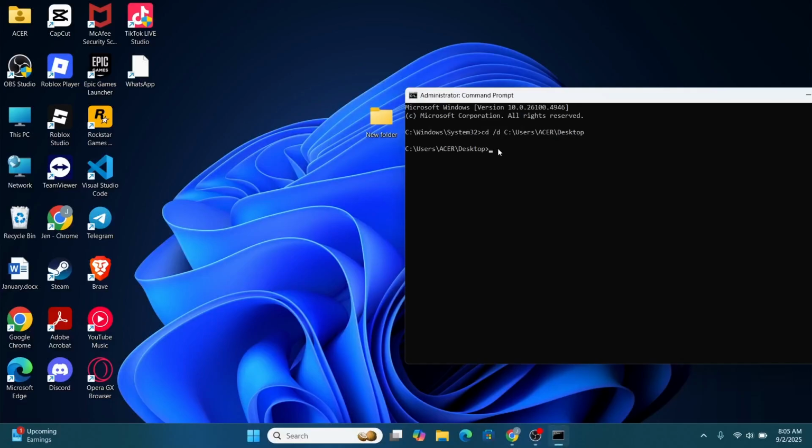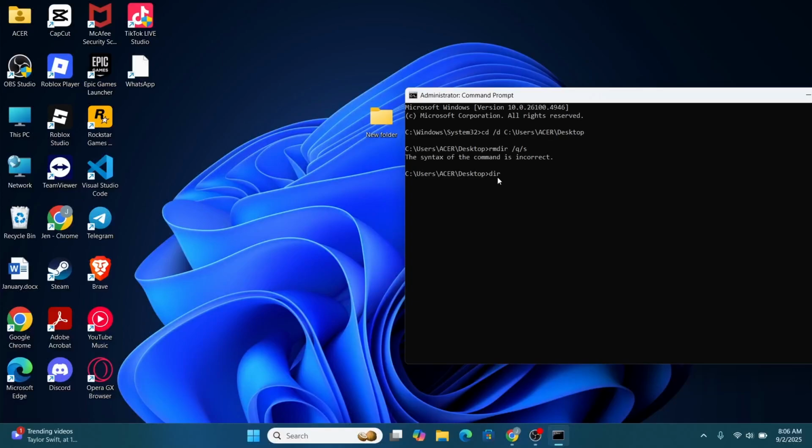And once you do so, here just go ahead and type in rmdir space /q /s. After that, hit enter, and once you do so, you can just go ahead and type in rmdir at the very last. So you can just go ahead and follow up the process, or you may just go ahead and type in,